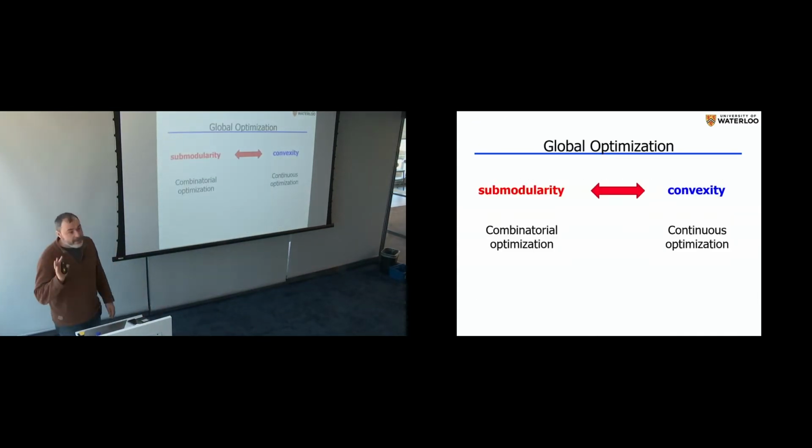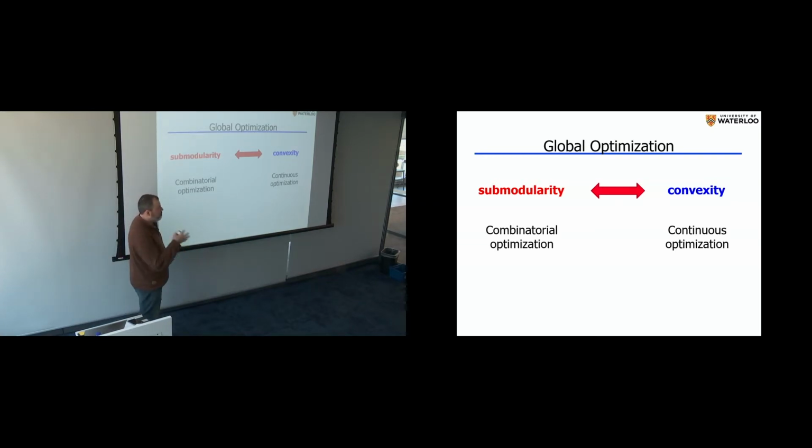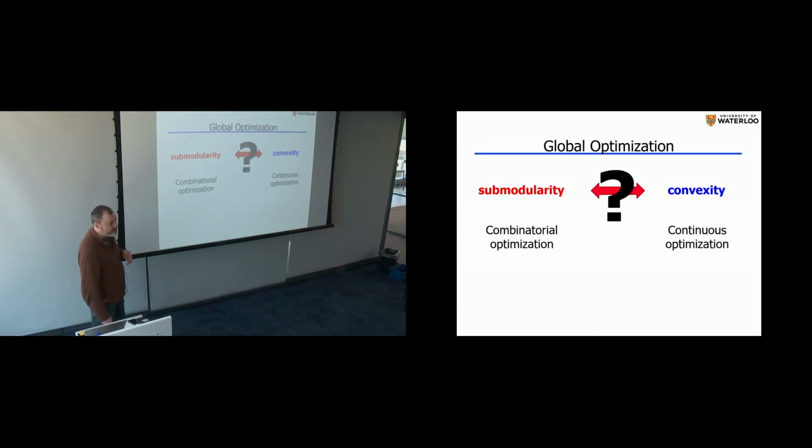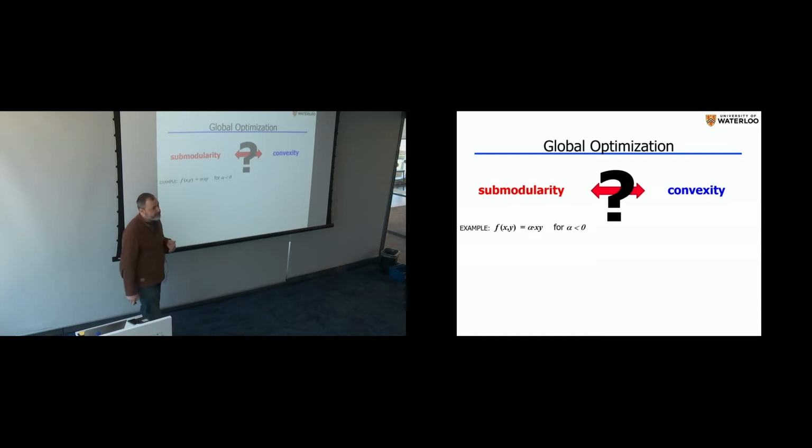Maybe I just want to make one note about submodularity that may genuinely be useful for the second part of my talk as background knowledge. You may say, okay, if submodularity means easy to optimize, maybe it's analogous to convexity, and in the continuous setting there is that relationship, because convex functions are easy to optimize. Is that the same thing? Well, it's not quite. Let me give you the simplest example.